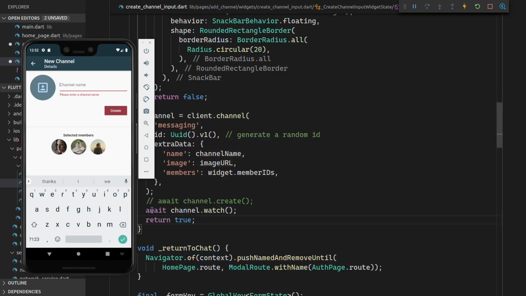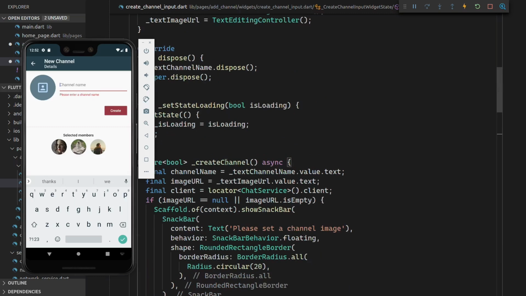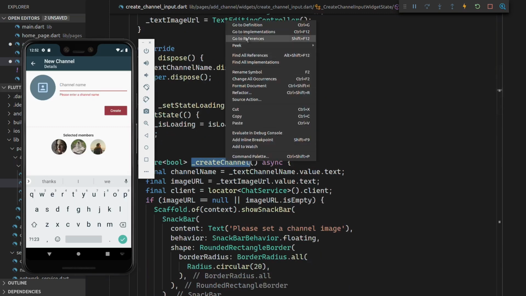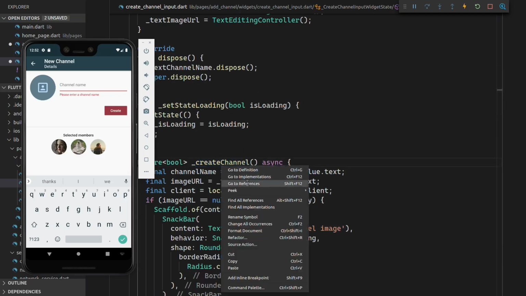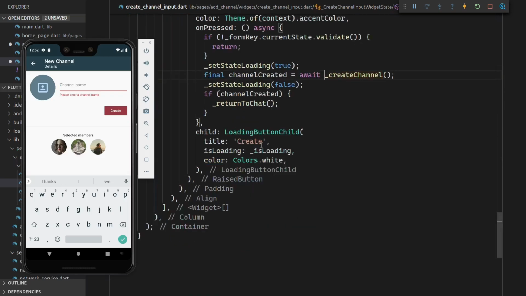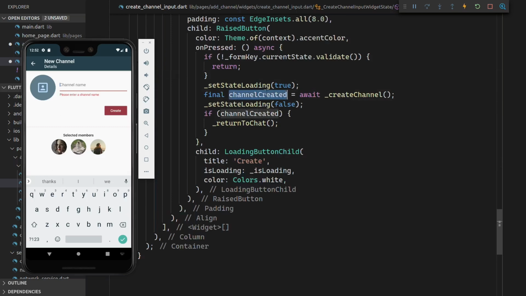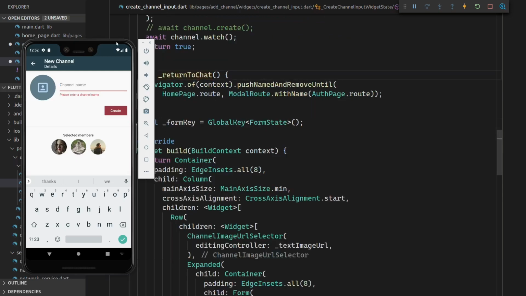But anyway, once we wait for the channel to watch, then we return true. And once this method returns true, if we look where we call this method, you can see that once channel creation is finished, then we check if the channel has been created. If the method returned true, then we just call the function returnToChat,